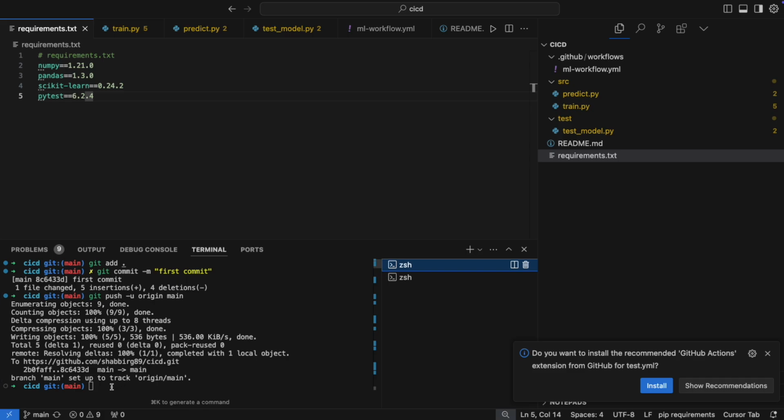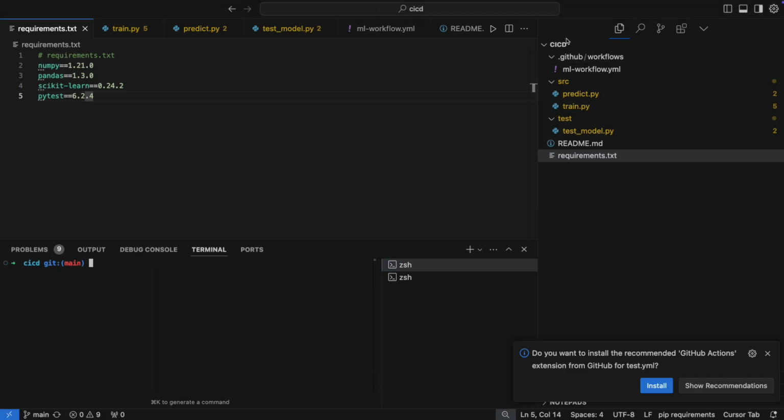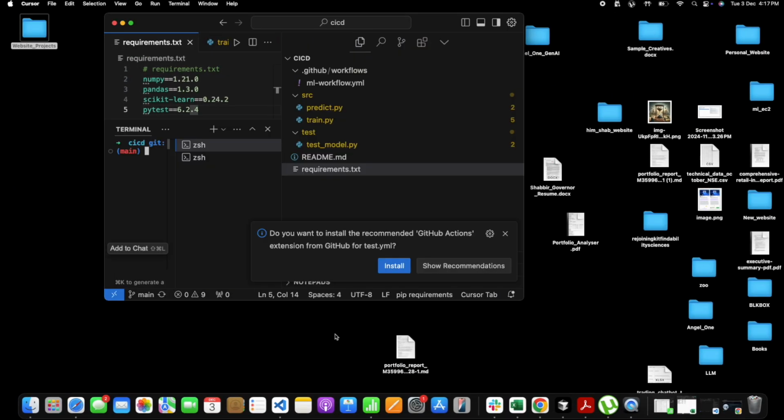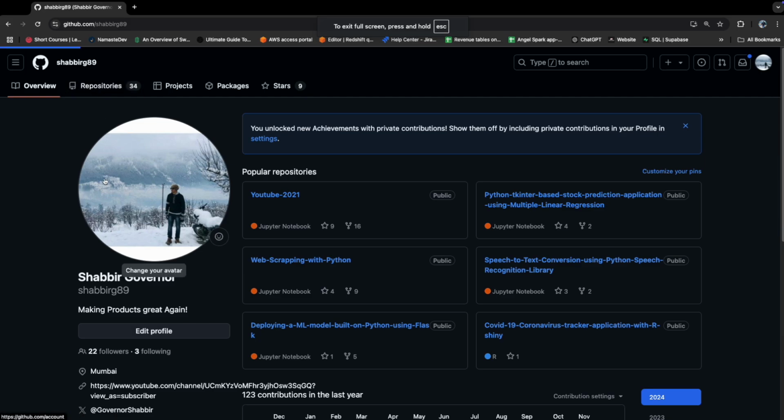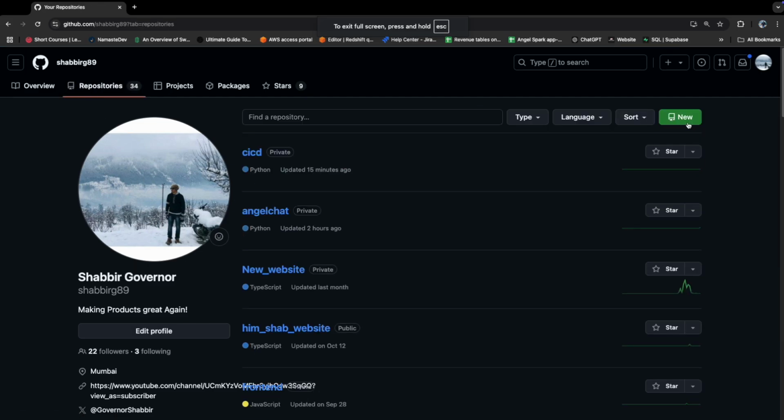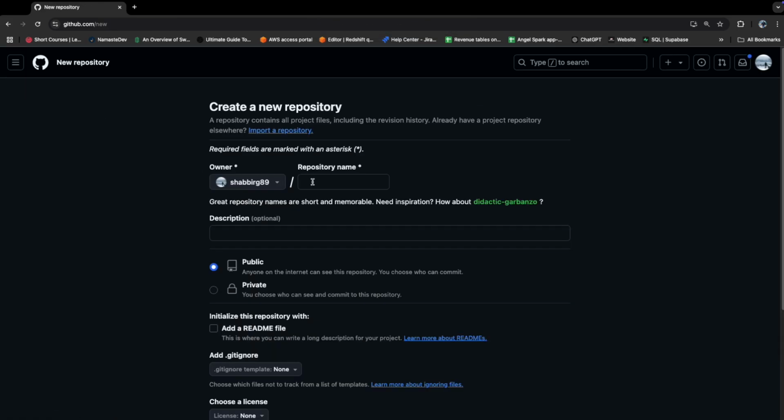Now, what you need to do is open your terminal. I have already opened my terminal. There is a folder called CI/CD on my desktop on my Mac, and this is also the name of my GitHub repo. So you just need to create a GitHub repo. You can open your GitHub, click on the repositories part, then click on new and create a repo, with whatever name you like.